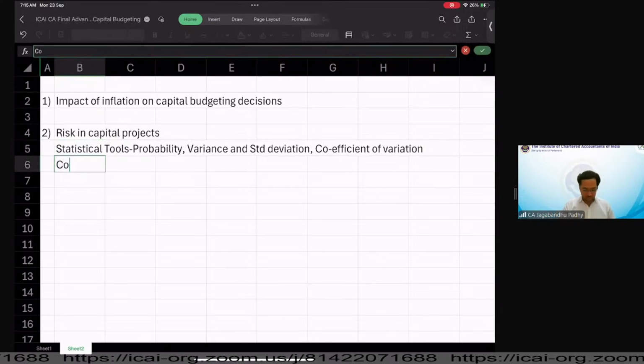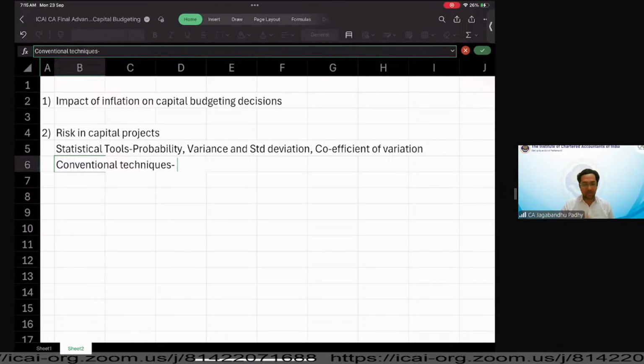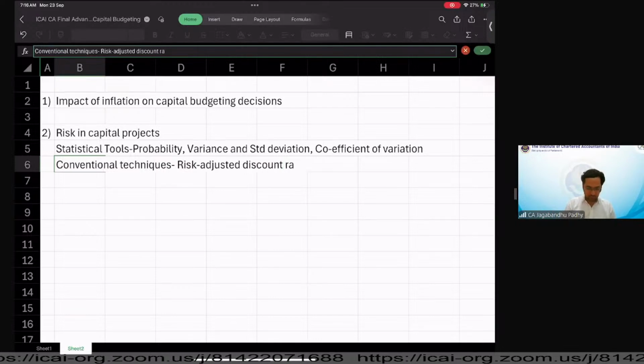Then there are certain conventional tools that we are going to cover. Right? Some of the conventional techniques that we'll be covering in the chapter of advanced capital budgeting have been established since ages and they follow the simple rule: high risk, high return. Even a layman would understand if an investment involves a higher risk, I expect a higher return from that. And therefore, this concept has been around since ages, where we are going to compute the risk adjusted discount rate. How do we adjust our discounting rate according to the risk in a project, right?